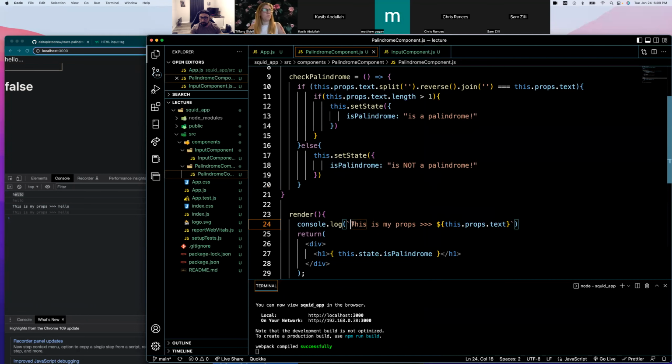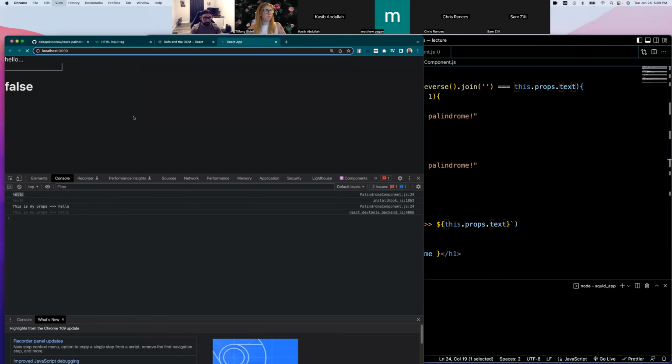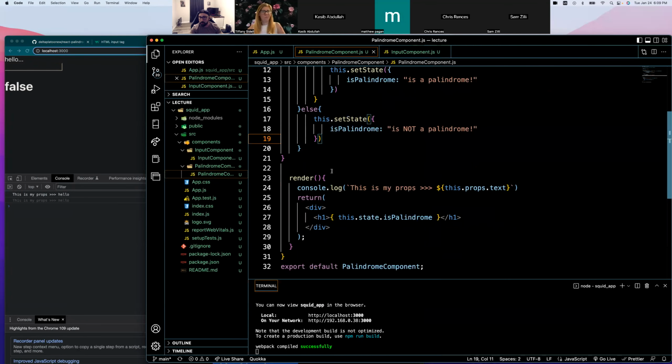Oh, okay, it's just got it. Rerun to the page. There we are. I don't know what this is. I need to look that up. But here we are. We're seeing props within this,